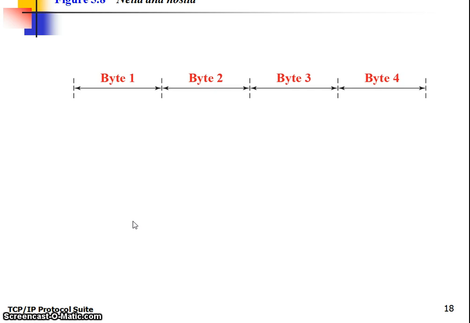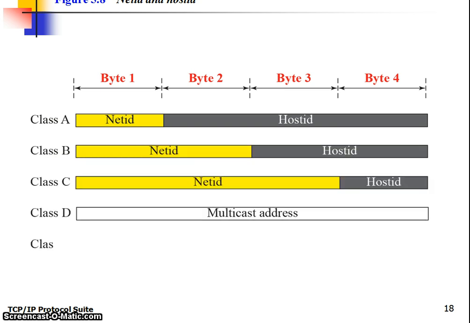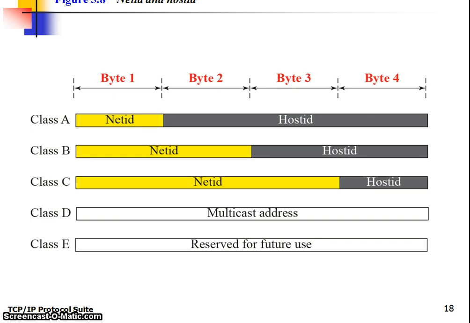Now coming to the most important part of IP address. The address is divided into 2 parts. Okay, the network ID and host ID. Network ID represents a particular network, and host ID represents the number of devices connected to the network. Okay, let us take the example of our college. We have a network and 100 PCs are connected to it, and it is shown by the network ID.